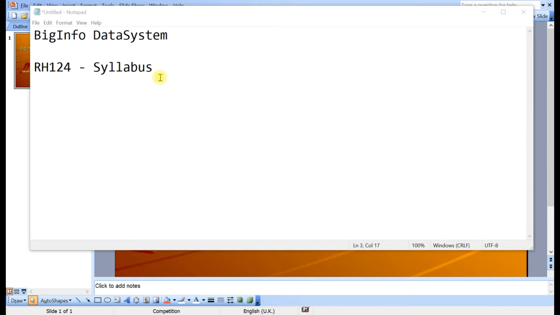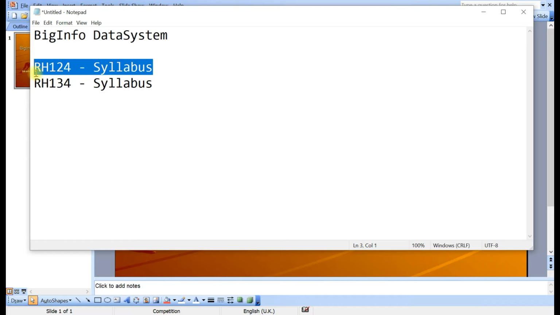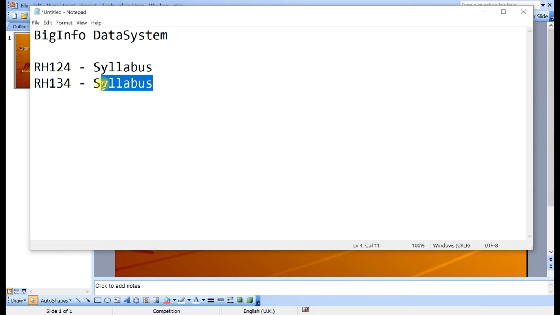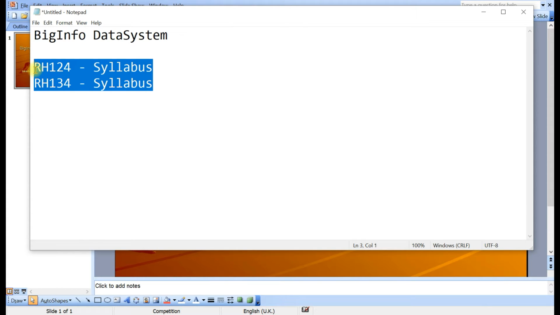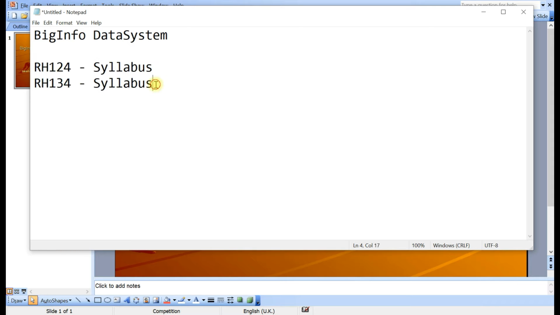In this tutorial, I will let you know about the syllabus of the Red Hat operating system, and this will be detailed information about what I'm going to cover in future from the courses RH124 and RH134. Basically, RH124 will give you the basic idea about the Red Hat operating system, and RH134 is a detailed one. Once you learn these two courses, definitely you will be a master in the Red Hat operating system, and you will be able to manage and troubleshoot the operating system.